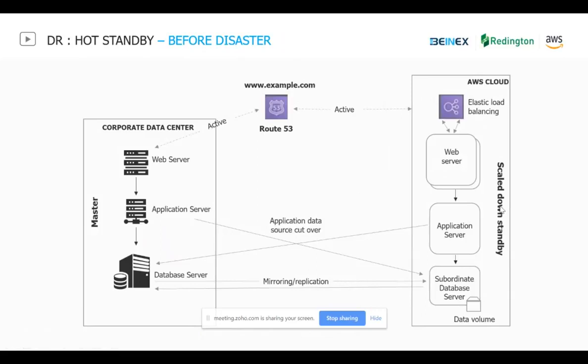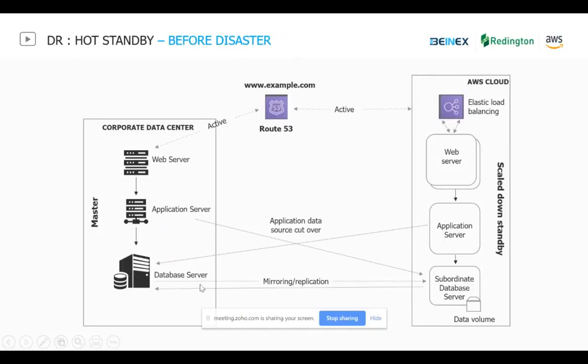If you want to configure the same amount of resources, whatever you have on your on-prem, on the AWS cloud, you can do that as well. But if you use a scaled down version, that will save you some cost. That's all. And in this case, Route 53 is pointing to both your primary and your DR data centers.